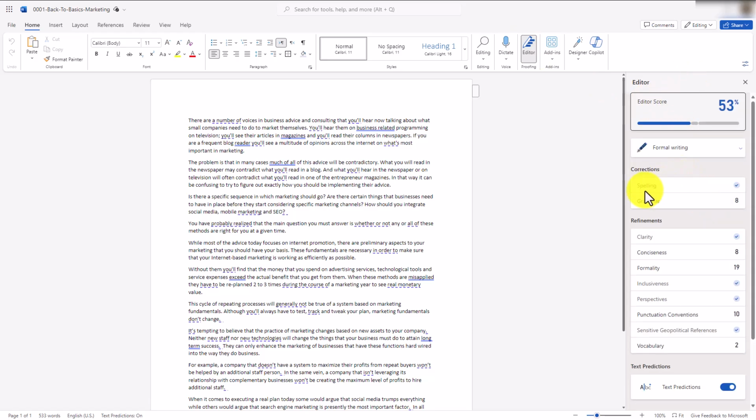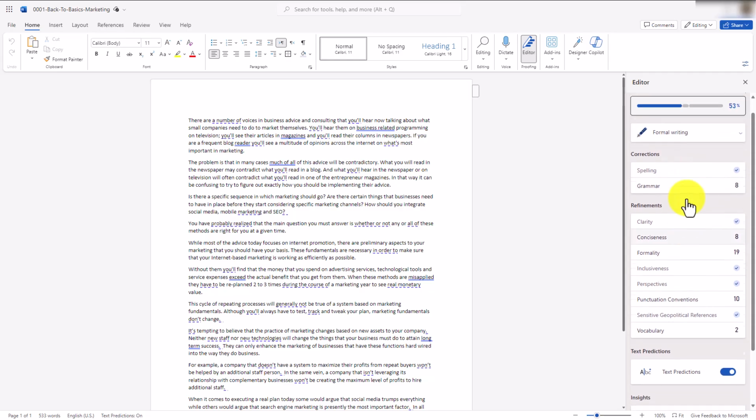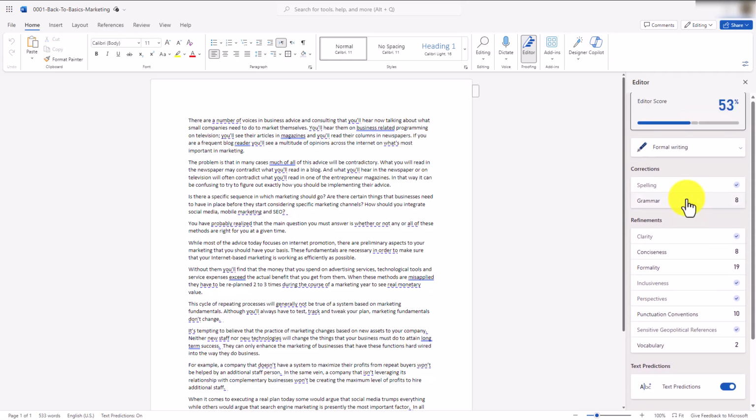Now, this is more than just spelling and grammar. What the editor is attempting to do is to help you in other areas. As you can see here, the areas that are listed include clarity, conciseness, formality, inclusiveness, perspectives, punctuation, geopolitics, and then vocabulary. What you'll want to do with your document is first determine what kind of evaluation that